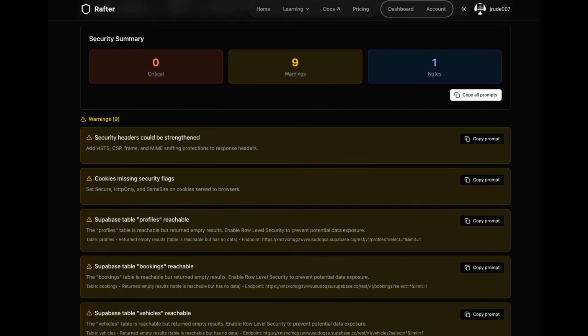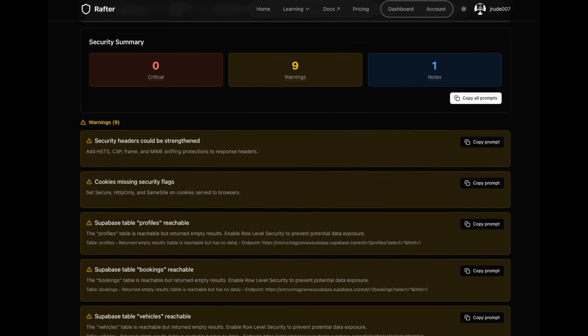So what happened is I went over and we had a cookie missing security flags, which my app doesn't run cookies. But I'm assuming that this goes through a series of checks where they found the most vulnerable, definitely when it comes to vibe tools. So I'm not using cookies. So they're just letting me check that. So out of these 9 warnings,